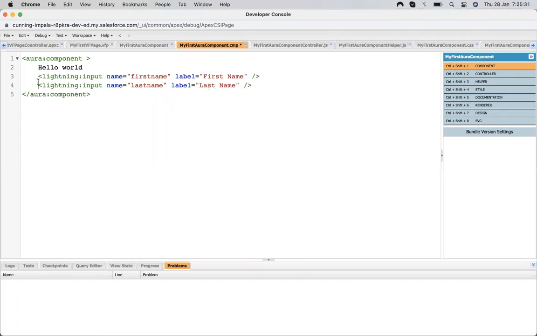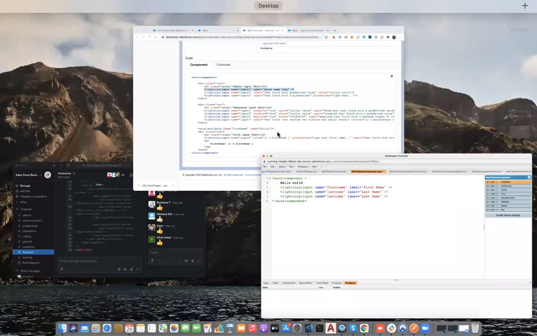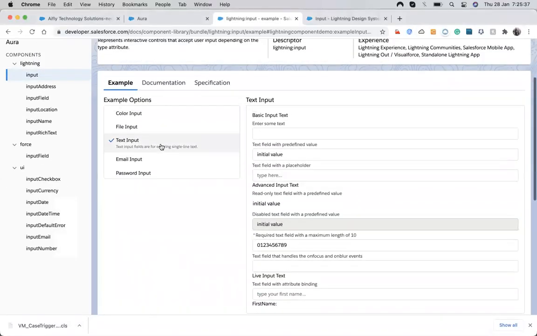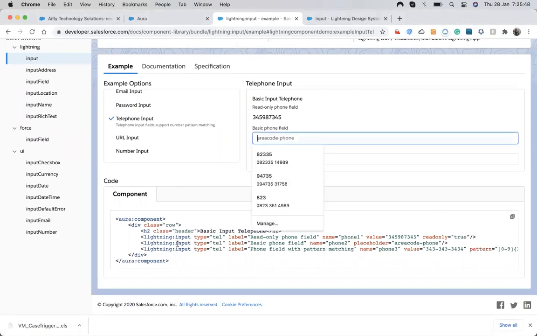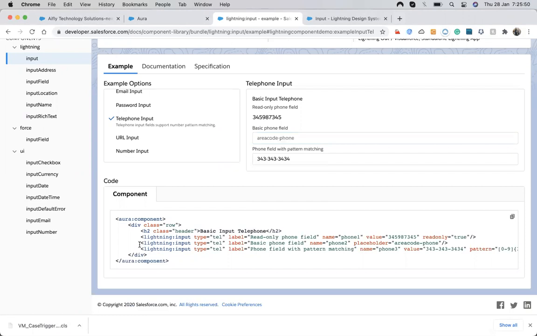Last name, first name, last name, phone. For phone, maybe I have a phone input too. Number input, telephone input. Basic phone field. This.